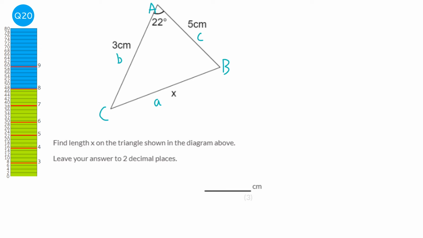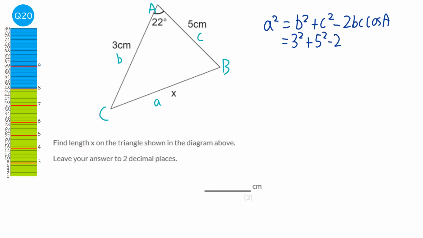be cosine rule. So we're going to write out the cosine rule for when we've got a length, which is the one that starts with a squared. So it's a squared equals b squared plus c squared minus 2bc cos a. And let's fill in the numbers we've got. So that's going to be 3 squared plus 5 squared minus 2 times 3 times 5 times the cosine of 22. And when you type that into the calculator, you get